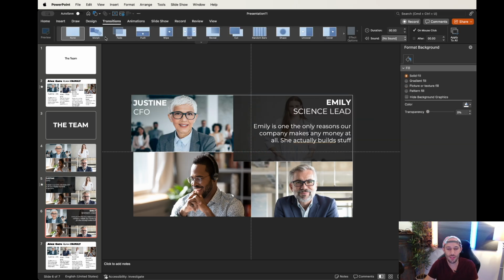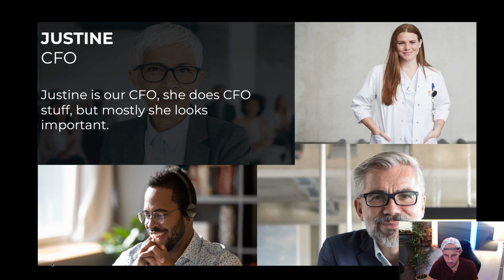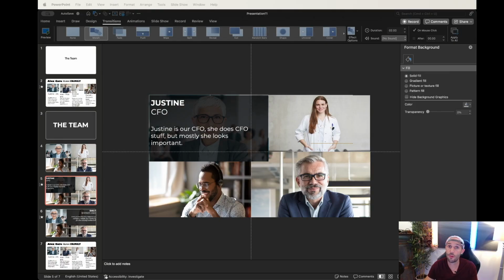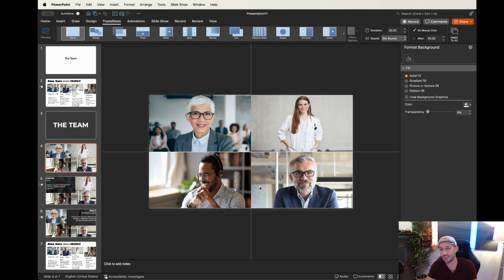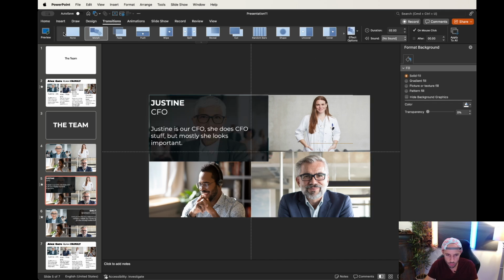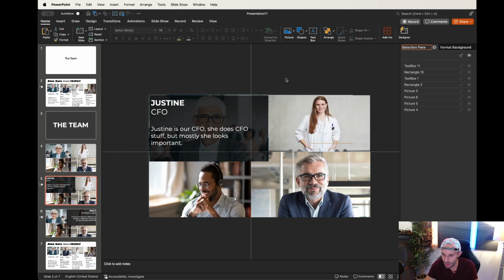Okay, let's apply the morph transition and test it. And that didn't do exactly what I wanted it to do. So we're gonna fix that. So there's two ways we can address this. The first is we could just always reset back to this slide, because then we can play around with some stuff. But the other is if we go to home and we open the selection pane,